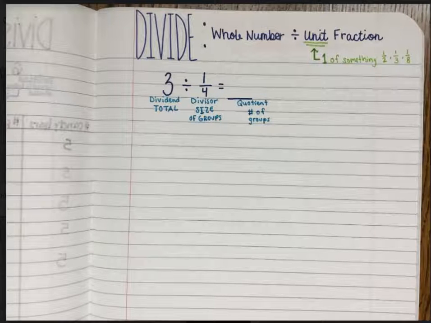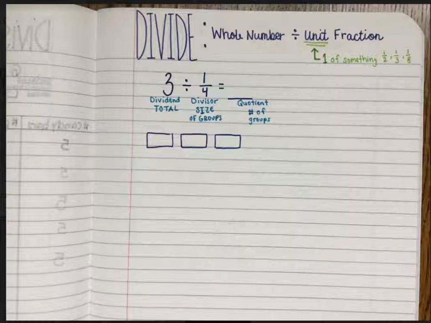Okay, so when we're talking about dividing a whole number by a fraction, we're dividing by the size of groups, and we're trying to figure out how many groups we can make of that size. So let's take a look at how we could model this. And we're going to take a look at 2 different models. The first one is just using our